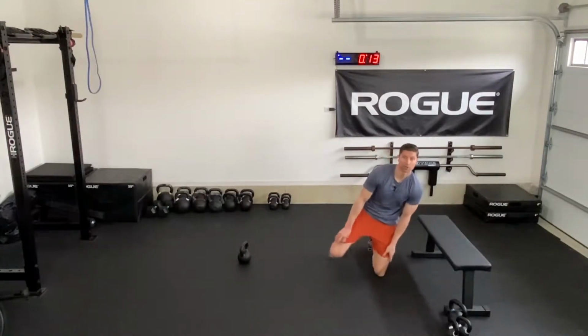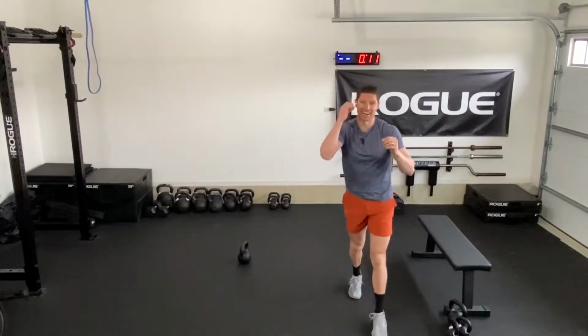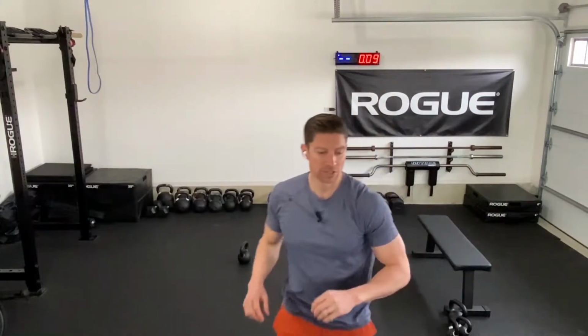All right, crew, great warm up. We are off to a good start. So we're gonna move on to our first main piece, which is gonna be a single arm push press and